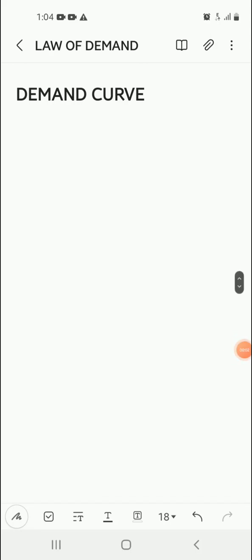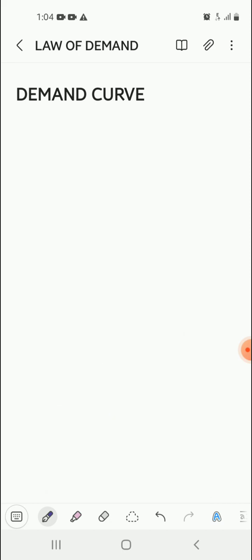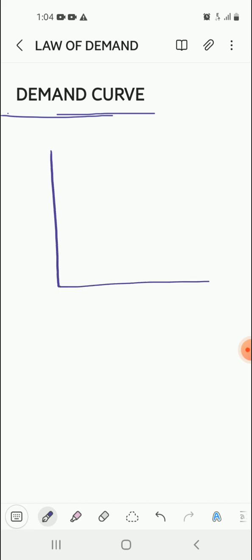Today's topic is demand curve. Now, demand curve is a graphical representation of how the law of demand acts. That is, with every increase in the price of a commodity, there is a decrease in the quantity demanded for a commodity. So the demand curve looks like this,